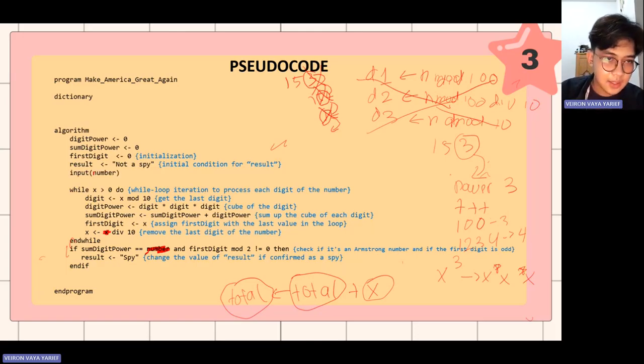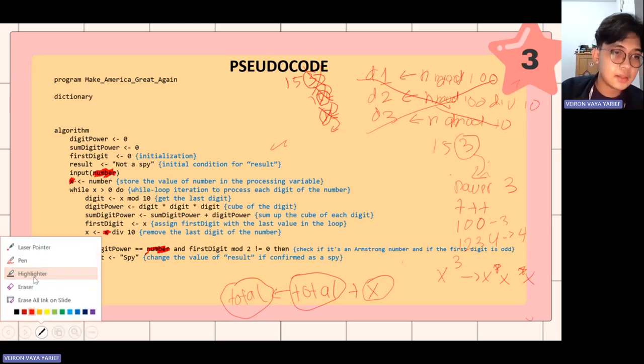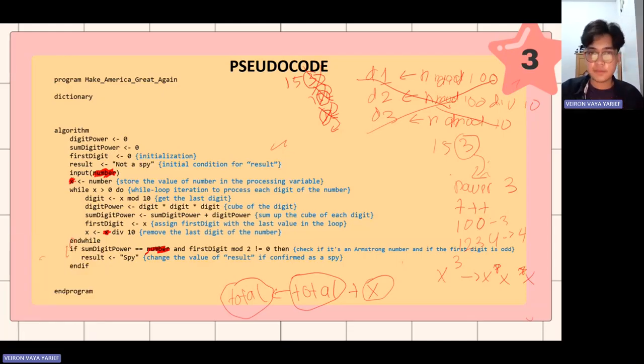As you can see here, number is our head. Okay, what do we do with x? Why do we process x? This is the variable. We have x. What do we do with x? x is number. Why don't we just process the number? Why do we need to make a different variable named x? Why are x and number the same value? At the first time it is the same value, at the start of the algorithm.